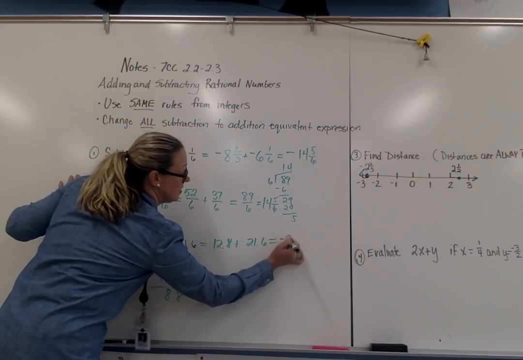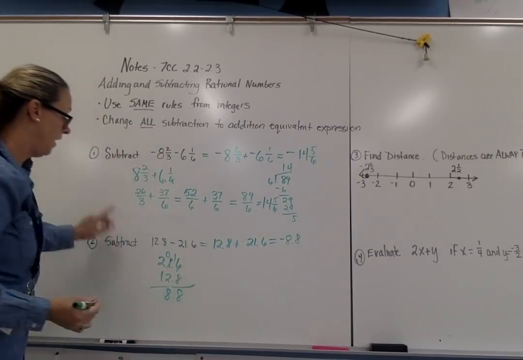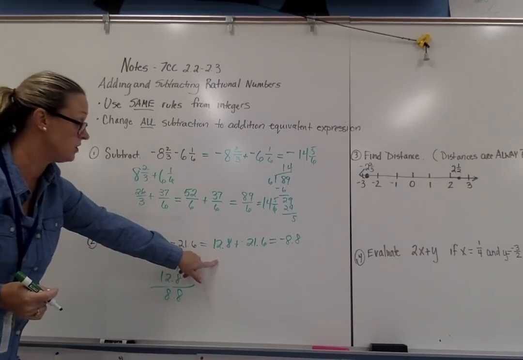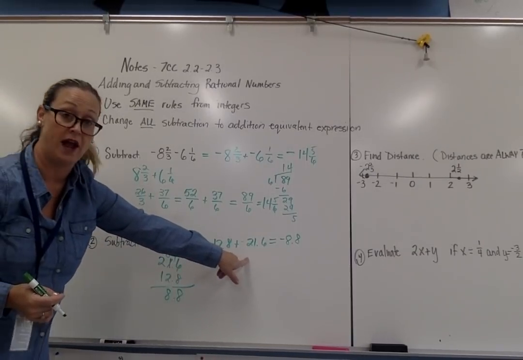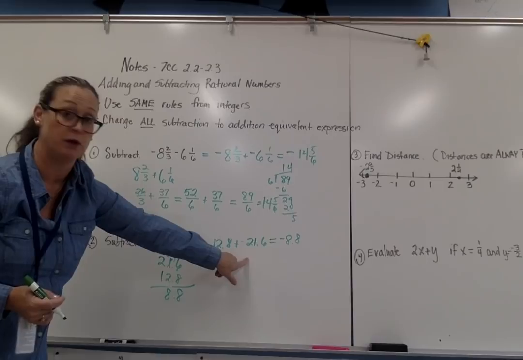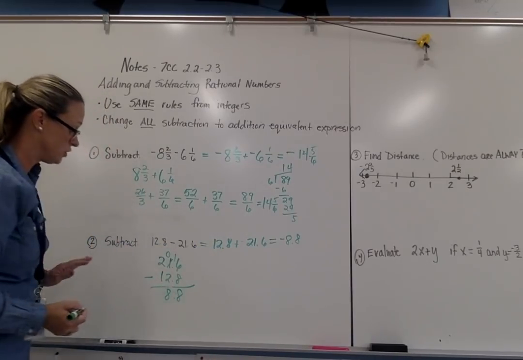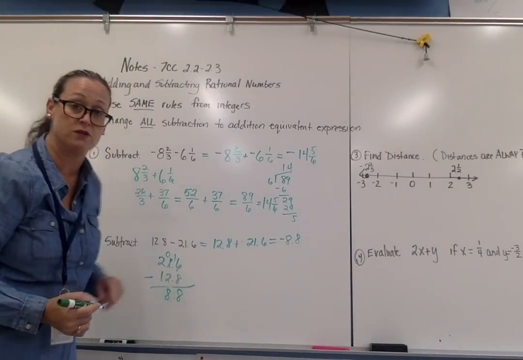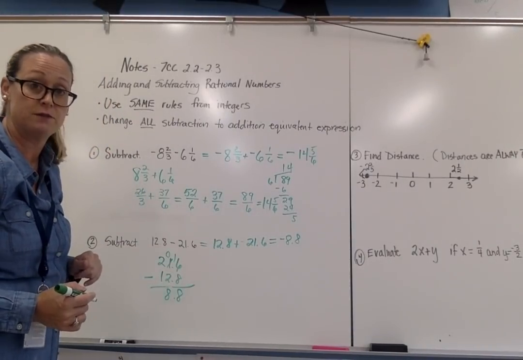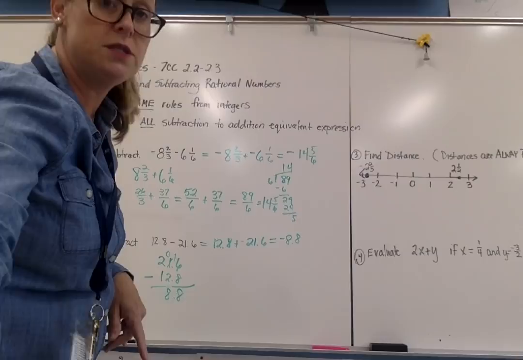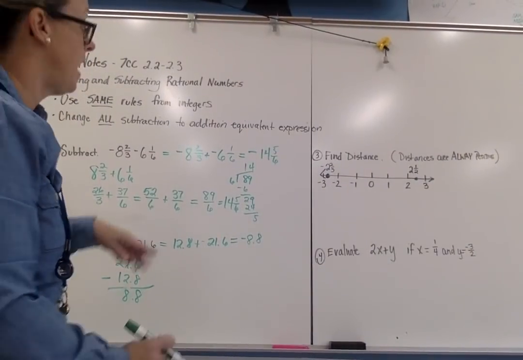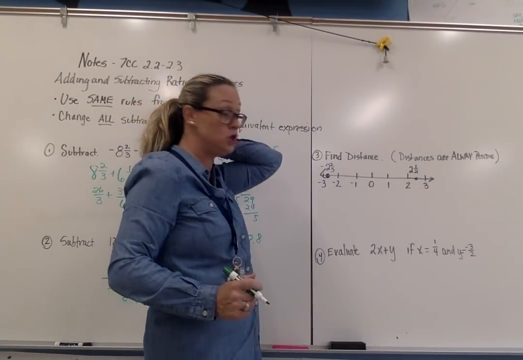So my answer is negative 8.8. I've changed it to an equivalent addition expression. I've then determined, do I add or subtract based on are there 0 pairs or are there not? I've lined up my decimal points to create a subtraction problem, and I've made sure my answer is negative because I have more negatives. I'm going to use the same process when I'm finding a distance between 2 rational numbers